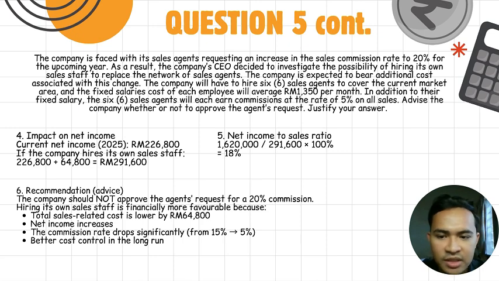For the recommendation and advice, the company should not approve the agent's request for a 20% commission, because hiring its own staff is financially more favorable since the total sales-related cost is lower by 64,800. The second reason is that the net income increases because of how much the company can save from hiring